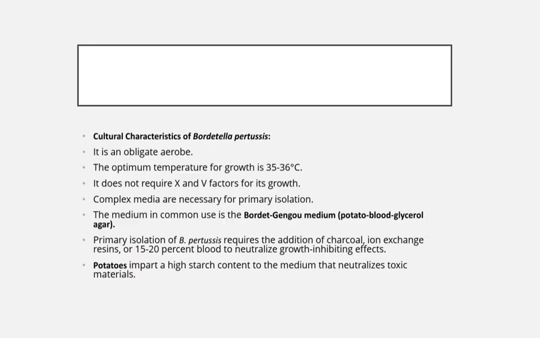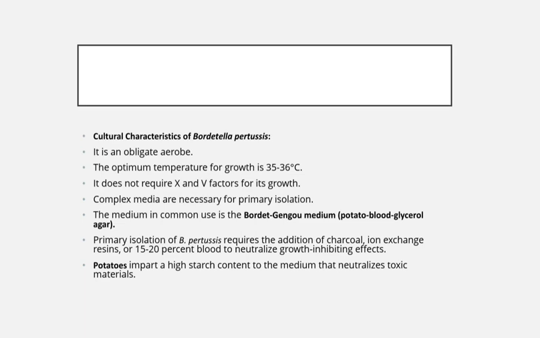Cultural characteristics of Bordetella pertussis. It is an obligate aerobe. The optimum temperature for growth is 35 to 36 degrees Celsius. It does not require X and V factors for its growth. Complex media are necessary for primary isolation. The medium in common use is